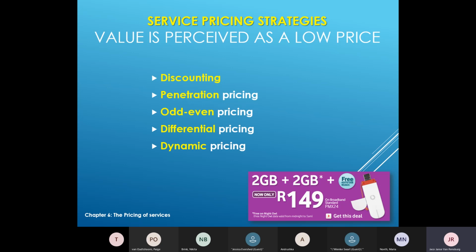Differential pricing is also called what we call Cinco pricing. It's often a preferred pricing strategy to use when there are great fluctuations in your demand over a period of time. Your pricing is then used to sort of smooth out the fluctuations in demand. You know that sometimes if it's out of season, a particular product is slightly cheaper, but then there's an increase in price in season. People are prepared to pay more during that time, so it evens out over a period of time. And then you've got your dynamic pricing, which is